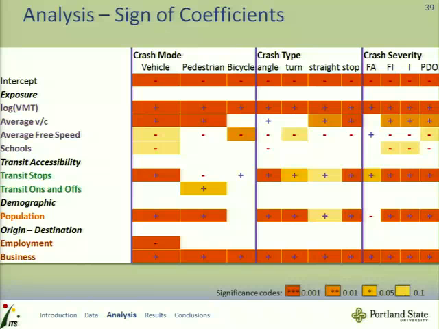Also, looking at the V over C, it turned out to be more significant for the straight and stop crash types, considering that again, if this is perhaps an indicator of congestion, in congestion you have a lot more stopping and going, so a lot more opportunity for those types of crashes for a vehicle to not be paying attention and overtake the vehicle in front of them. Crash severity, the most severe crash severity of F&A did not show it as an issue, but it was significant for the other severity levels.